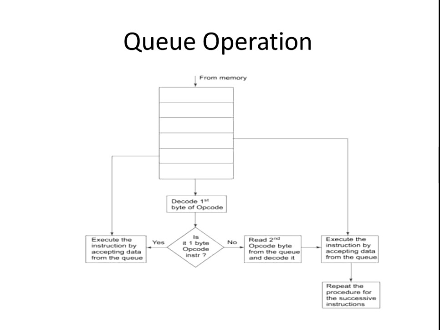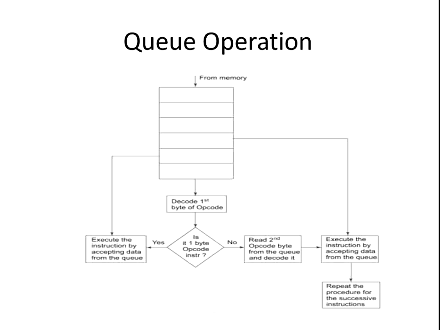The BIU fetches the next 6 instruction bytes from the code segment in the memory and stores them in this instruction queue. And the execution unit removes instructions from the queue and executes them. The queue is refilled when at least 2 bytes are empty, as the 8086 has a 16-bit data bus. So the pipelining increases the efficiency of the microprocessor.